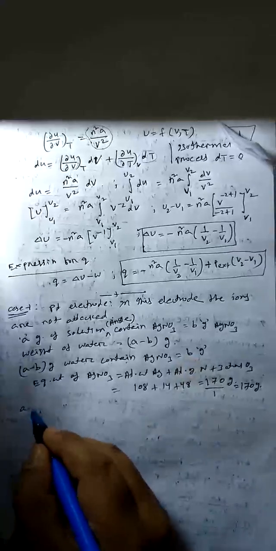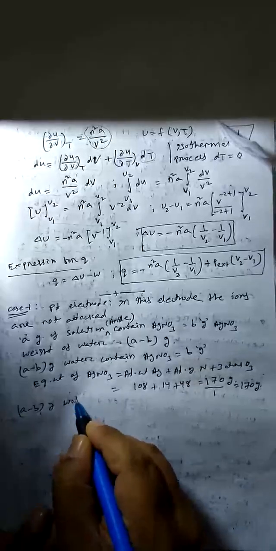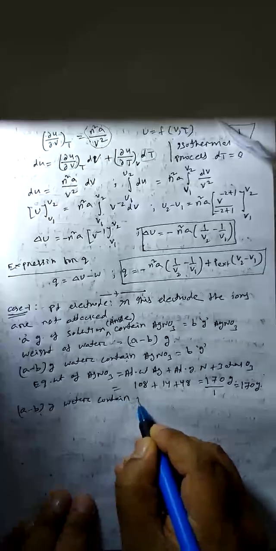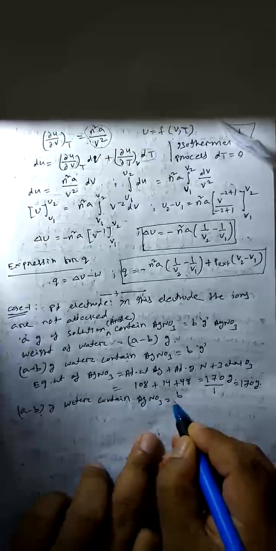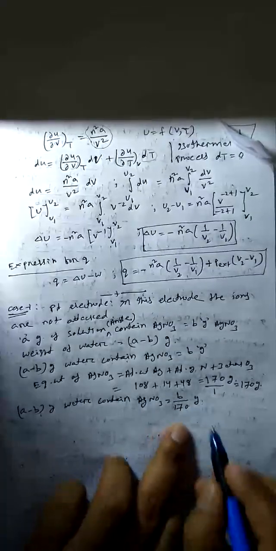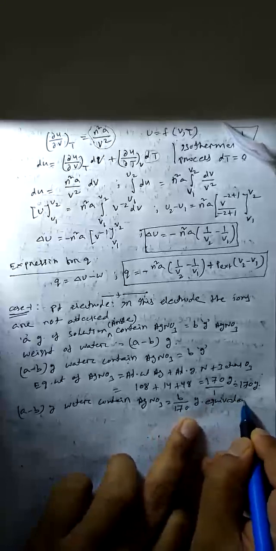Now A minus B gram of water contains silver nitrate equal to B by 170 gram equivalent. We have to write B gram equivalent. Okay, then 1 gram